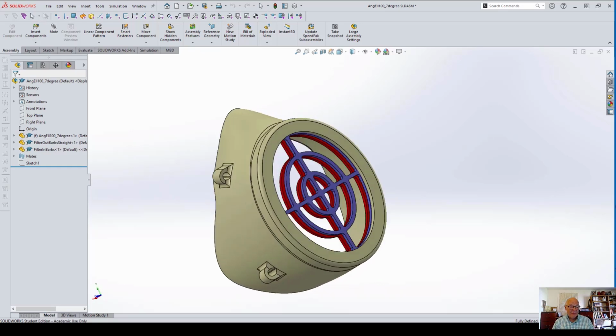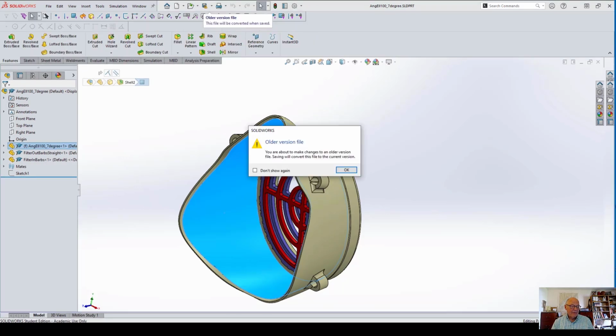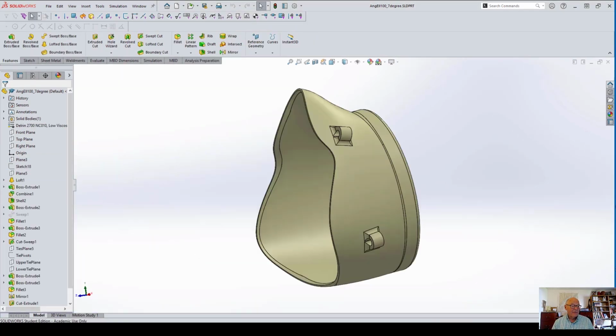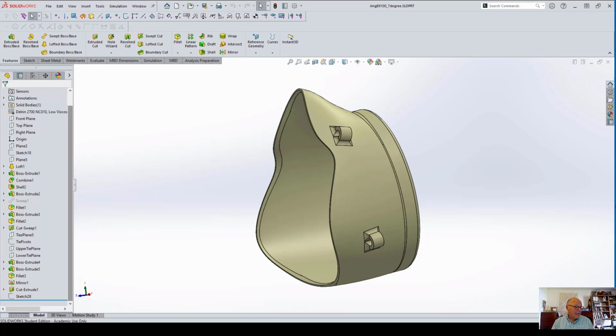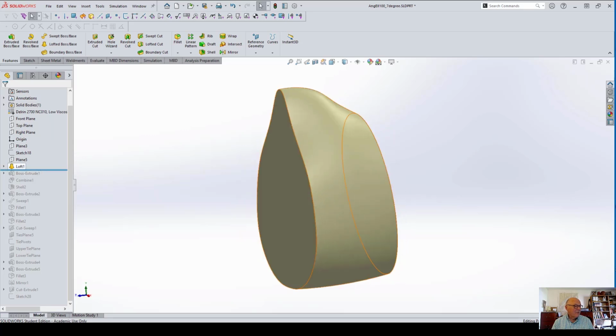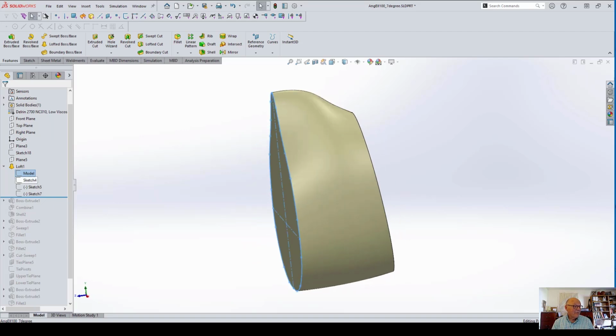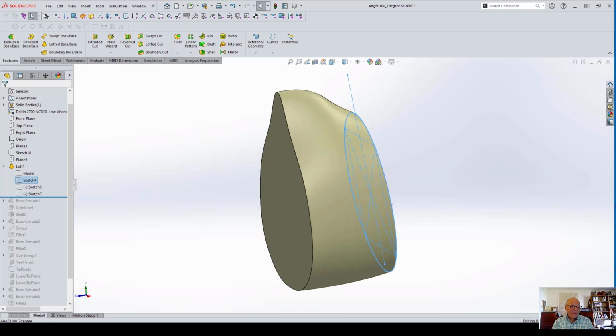I'm going to open up the part itself, the mask itself. I'm going to back up. Yeah, it's an older version because we've updated. So I'm going to go down and grab the bottom and do something I showed you earlier, which is to bring this all the way up here till I get to this point right there. That point right there is a loft, and that loft contains a number of things. That shape right there, and what's known as a guide curve right there, and another guide curve